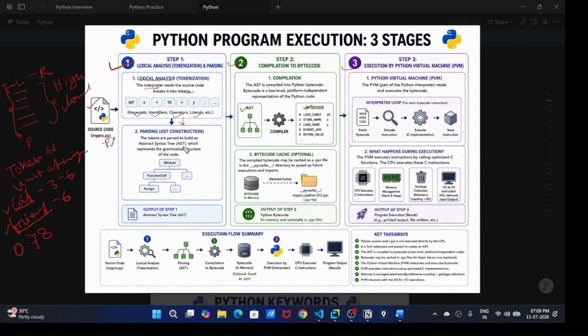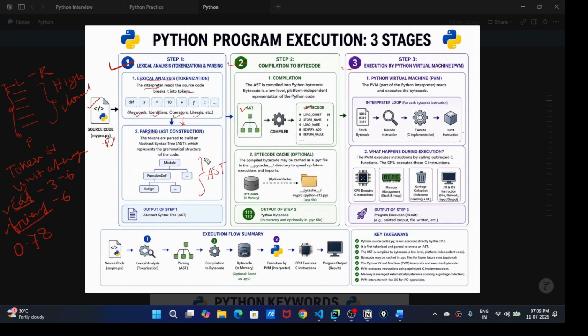Then it goes to the second step, called parsing. Right now we have a bunch of tokens, and from this bunch of tokens it will create one tree called an AST. AST is nothing but abstract syntax tree. These tokens are parsed to build an AST which represents the grammatical structure.